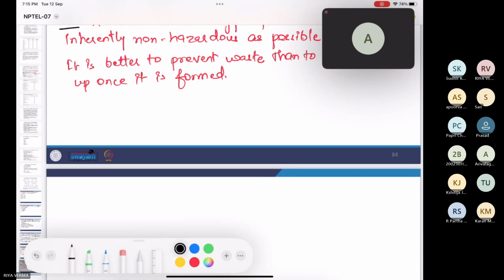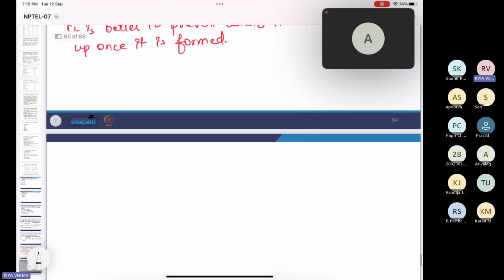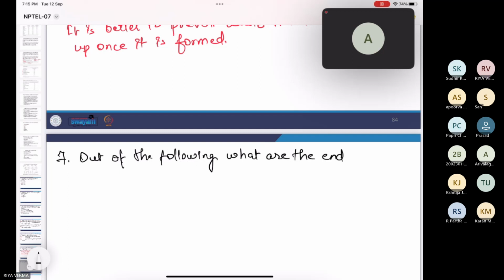Okay, so seventh question is, what are the endpoint